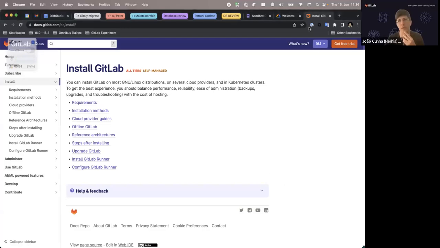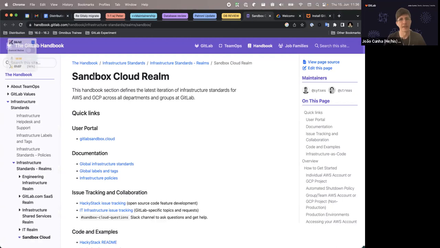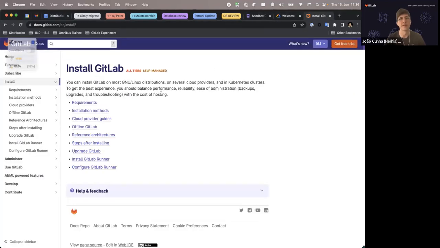I'm gonna share my screen. And okay, installation docs start here. Just a disclaimer that we will assume that you have access to our sandbox cloud realm and you have your own GCP account, or some GCP account that you're able to test it. So getting back to the docs,